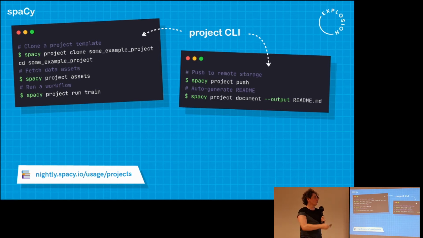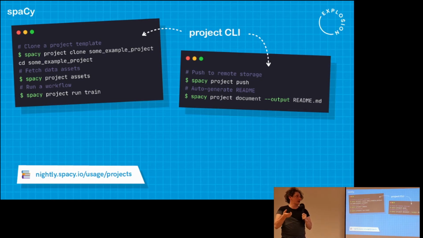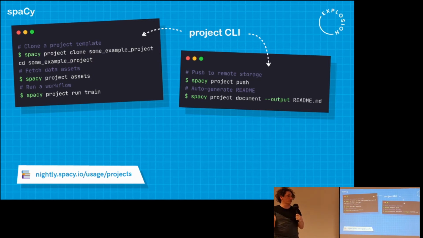And the whole thing's self-documenting, which is a nice feature that we'll be getting to soon as well. So you can push: the spacy project push command will go over any of the outputs that you've listed and upload them to a remote storage. If you've listed a remote storage like an AWS bucket or a Google Cloud Storage bucket, it could be an SSH directory. It supports quite a range of outputs there.